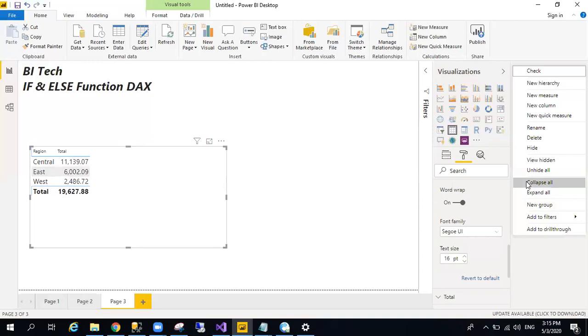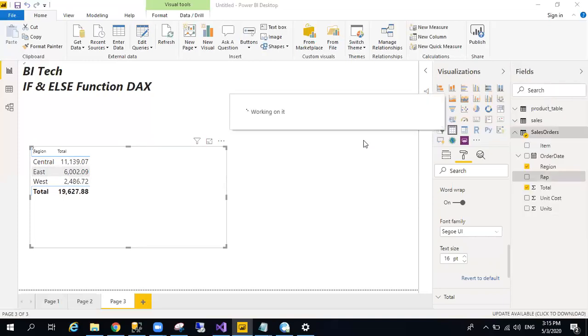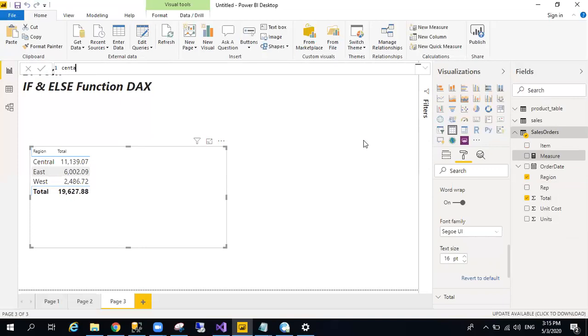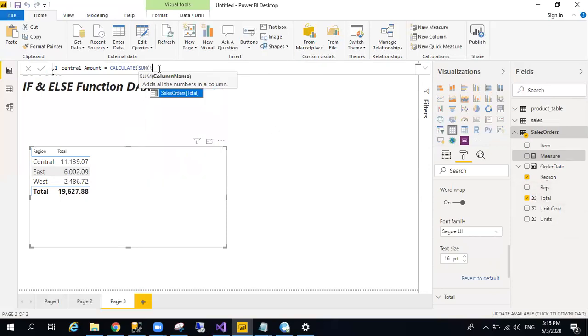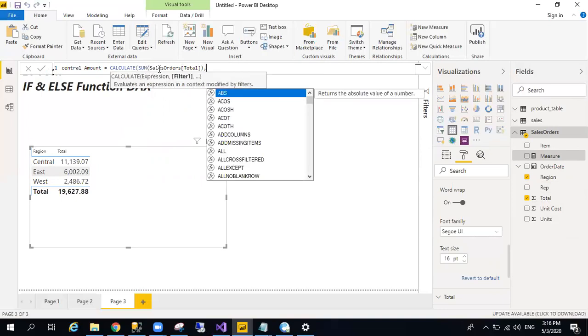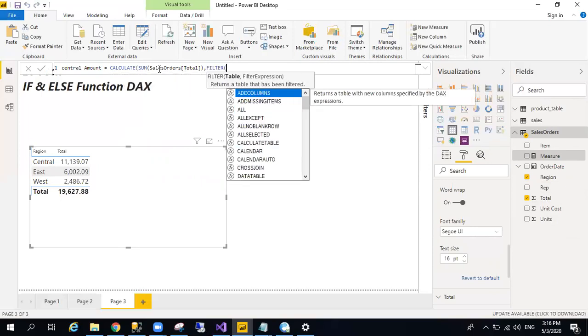So measure, central amount. I'm using the sum of total in this measure, taking total from the sales order, and then using filter for taking the central amount from the region. That's why I'm using the filter function.